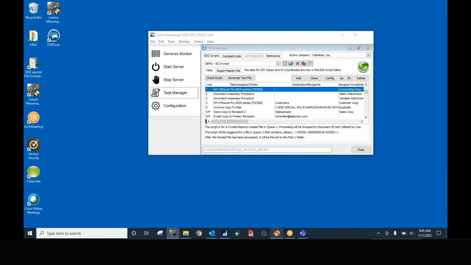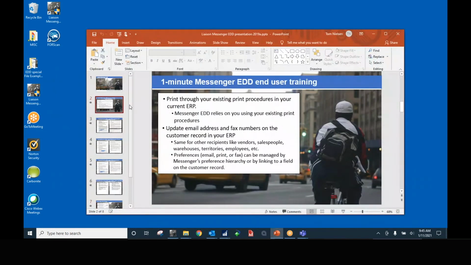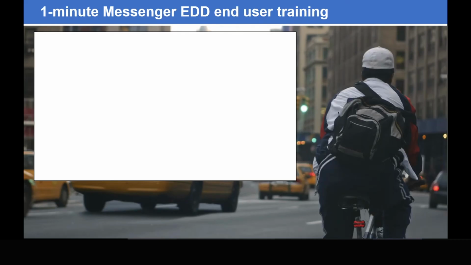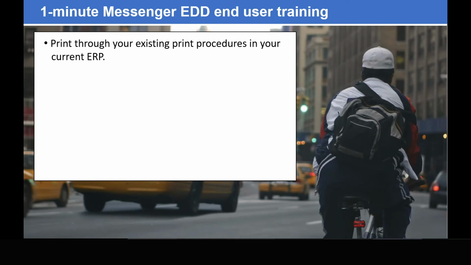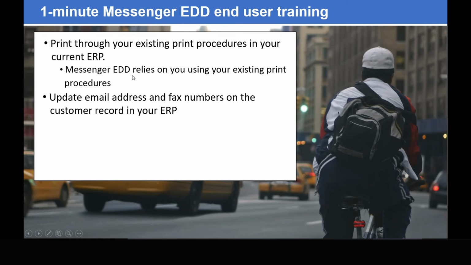What I'm going to do now is pull up a quick PowerPoint here, give you a quick minute training session from an end user perspective. So the end user being the person that creates invoices, orders, purchase orders, statements, any type of business form or report. That individual has two functions when it comes to Messenger. One is that they print through their existing print procedure. The other function that they have is they update email addresses, and if they're faxing, update fax numbers on the